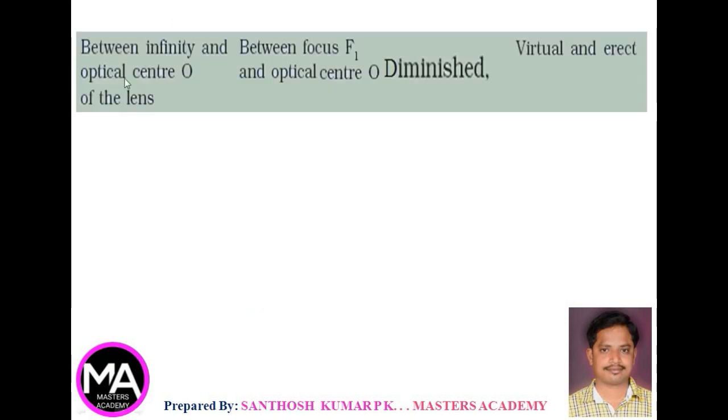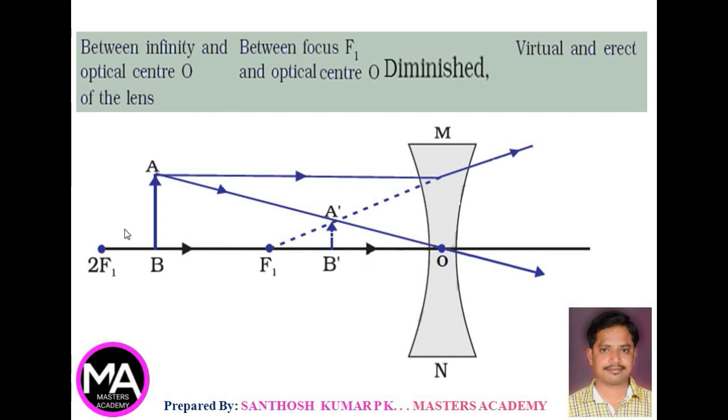When the object is between infinity and optic center O, that is any point between infinity and optic center. So let us consider AB is the object. It is between f1 and 2f1. Let us consider two rays. One ray parallel to the principal axis diverges. So when it is drawn backward, it appears to come from f1. Another ray which is passing through the optic center moves without any deviation, so it is drawn backward. So now these two rays will meet at the point between f1 and O, that is the image is formed between f1 and O. It is a virtual and erect image. Size is small compared to the object, therefore the image is diminished.